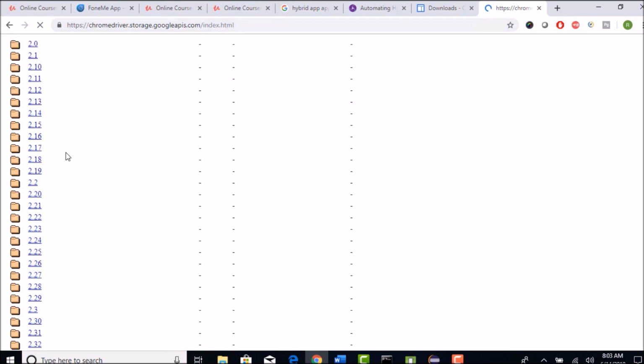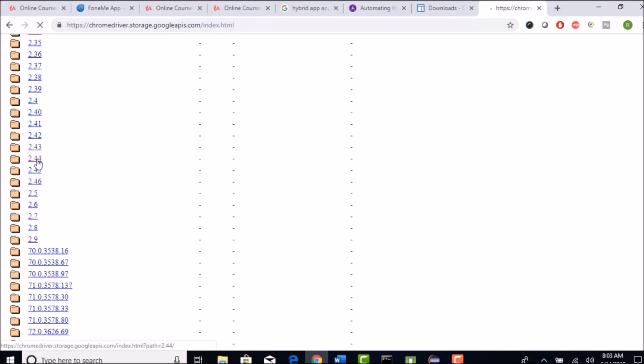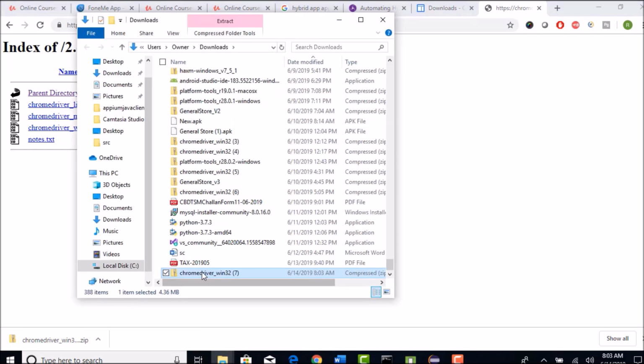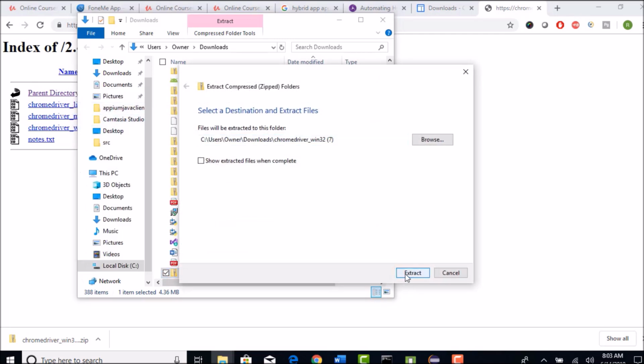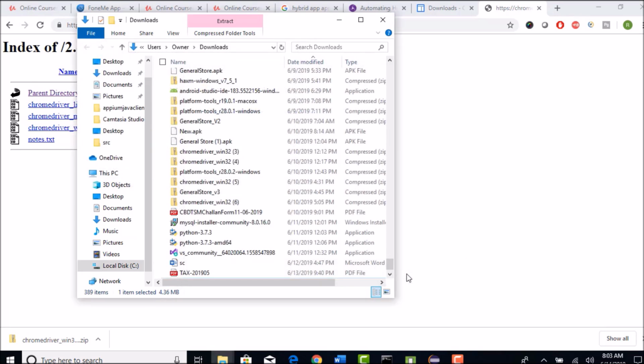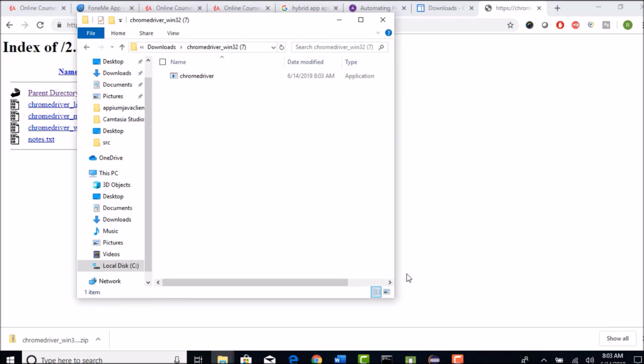2.44 is here, and download this. You have to unzip this file, extract all. When you extract, you will find this Chromedriver 2.44 after you unzip.